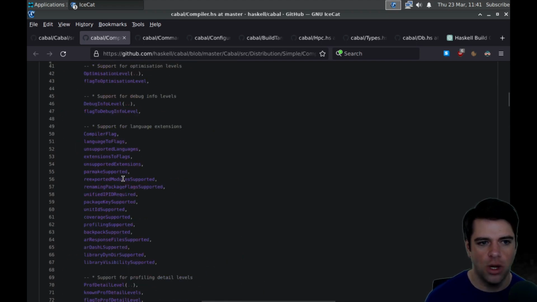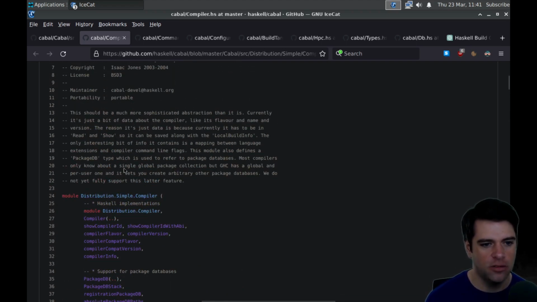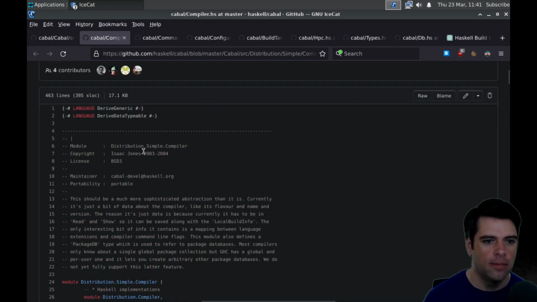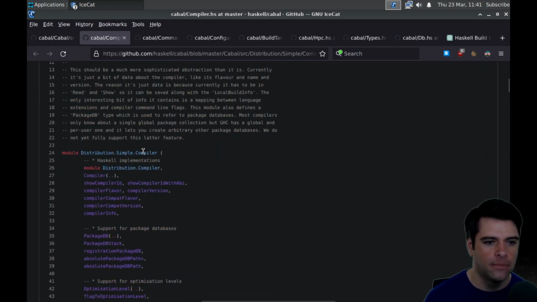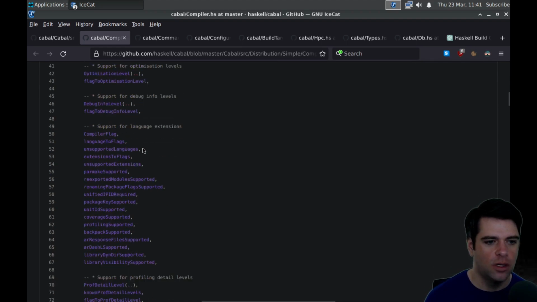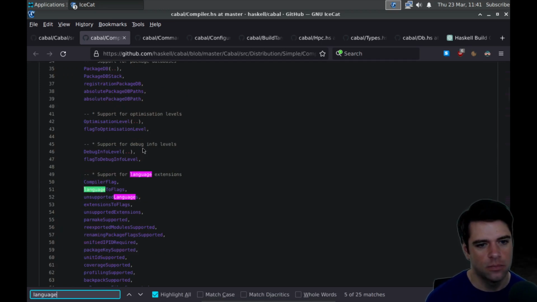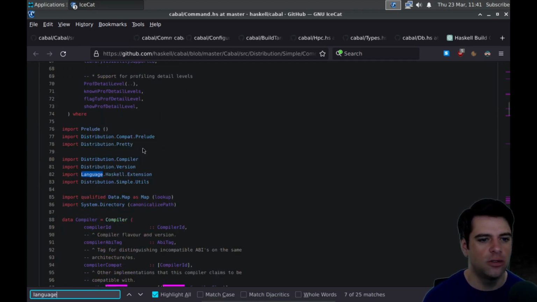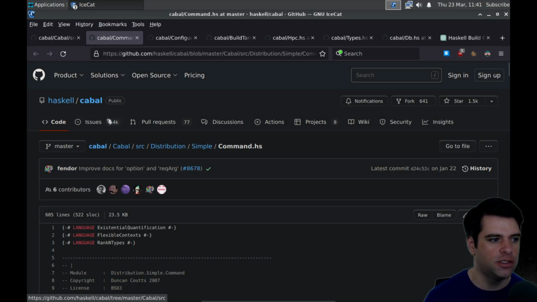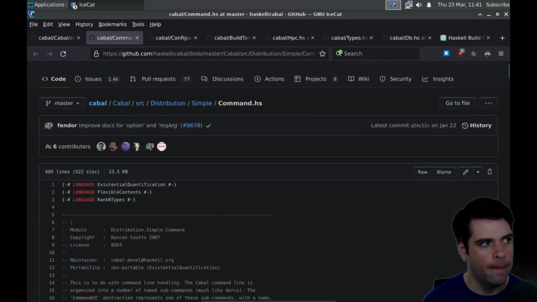There's at least one other Haskell compiler whose name I forget that I'm aware of. But I don't know what else is aiming to support. Language to flags. Language extension. Okay, so when it says language, it means language extension, which is these things up here. That's what these are called, I think. Okay.